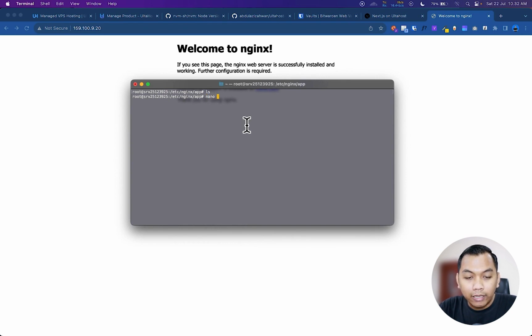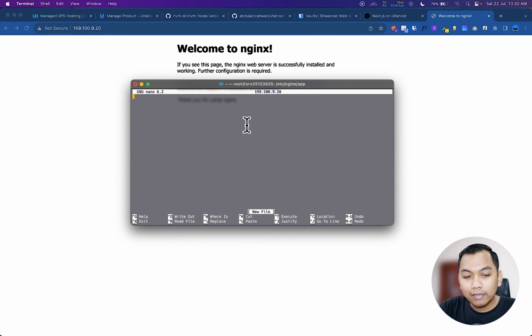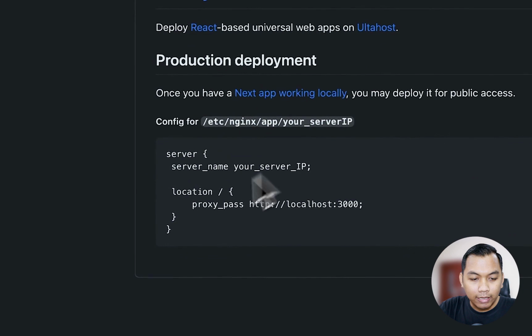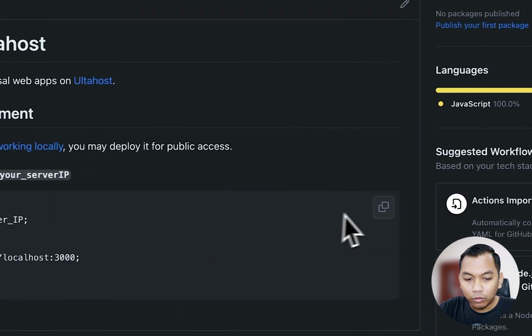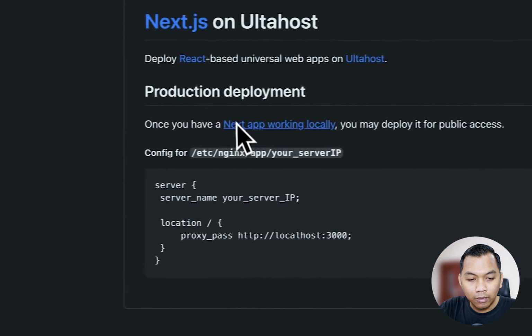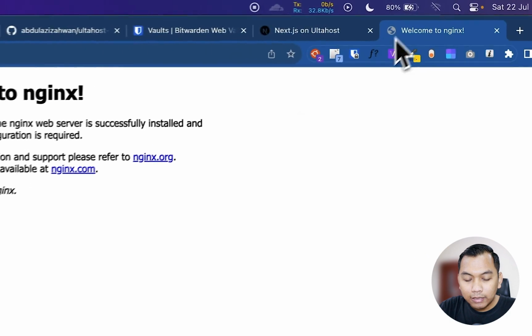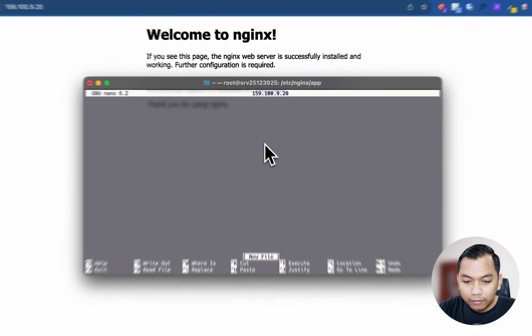So we say nano, and then let's give a config name using our IP, and then press enter, and let's start to write a configuration for our server. You can check the link in the description below to just copy a config for our Next.js app.